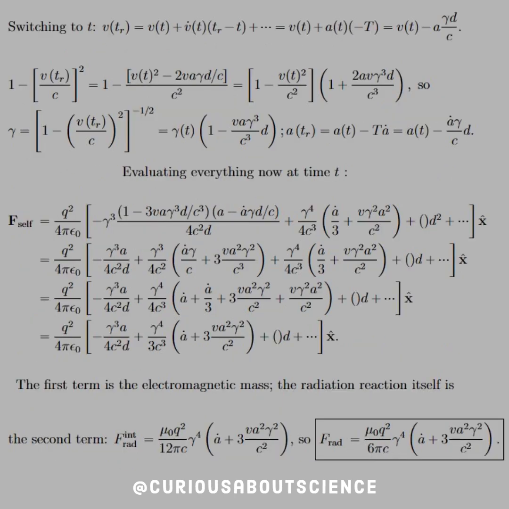So switching T with the retarded time. Switching to T, we have the retarded velocity, or the velocity at the retarded time, is equal to V(t) plus V dot t with the expansion T_r minus t, and so on and so forth. So we have V(t) plus A(t) minus big T, and we already know what big T is, so we just let V of T minus gamma D over c, and now we can fiddle away with how to evaluate things with the velocity at the retarded time. Okay, so we have L, and then we move on to gamma,